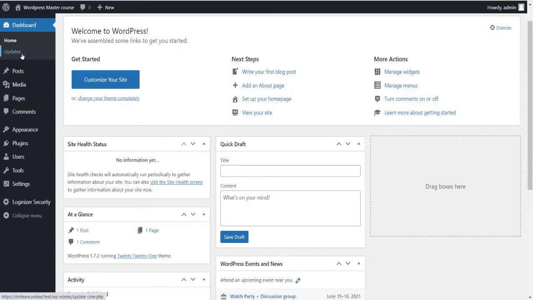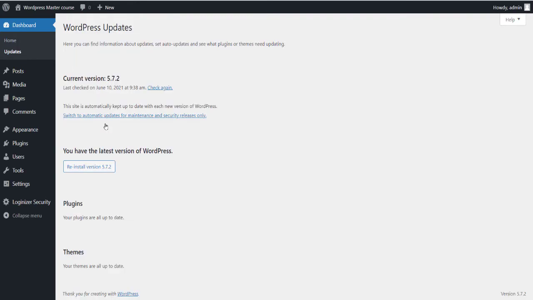If any updates are needed, suppose your theme needs to be updated, you can do that in the updates options. If you want to create posts for your blogs, you can create them. If you want to add some images or videos, you can do it with the help of the media tab. If you want to create an about us, contact us, or any kind of page, you can create it in the pages section. If someone commented, you can check there in the comments option.